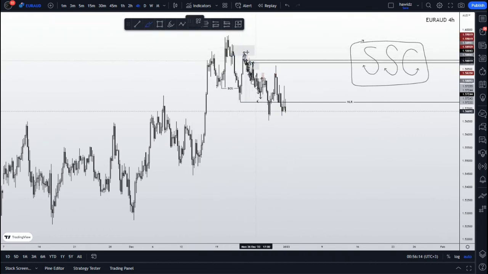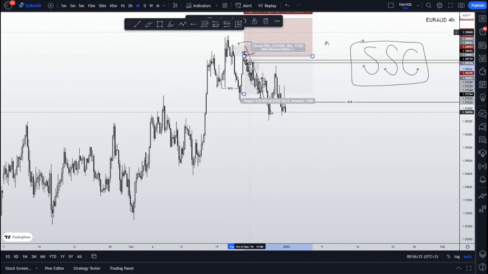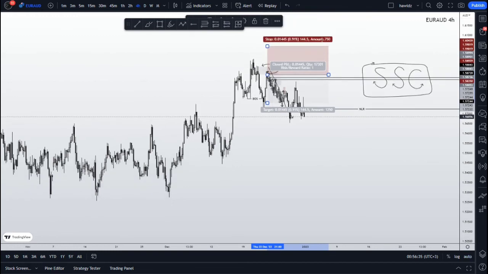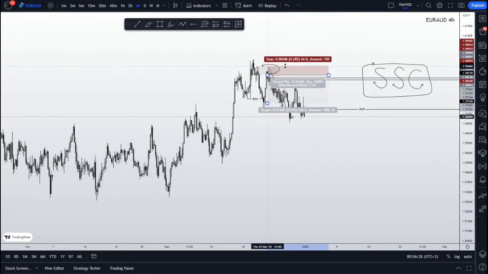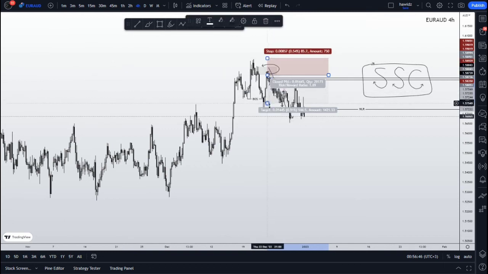So you could have a 4 hour setup like this, right? For a swing trader, they would only take a single trade here, and then hold it for the rest of the trend. Swing traders, most of them use small lots. Why? Because their stop losses are very huge, right? Because if you consider this zone, if you consider a trade from here,